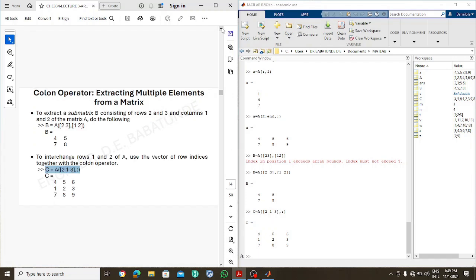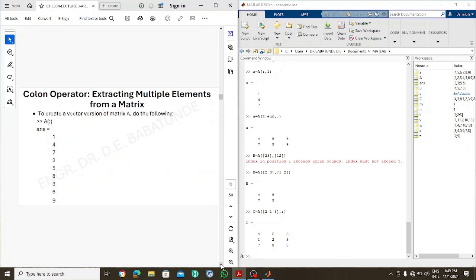Just like we did with vectors, where we passed column alone inside the parentheses and it extracted everything in the form of a column vector, you can also do that for matrices. So we have matrix A. If you say A into column, all of the elements inside A are going to be listed as a column. And how does it list them? It lists the first column first, because that's the way it works, then moves to the next column until it gets to the last column. So let's run